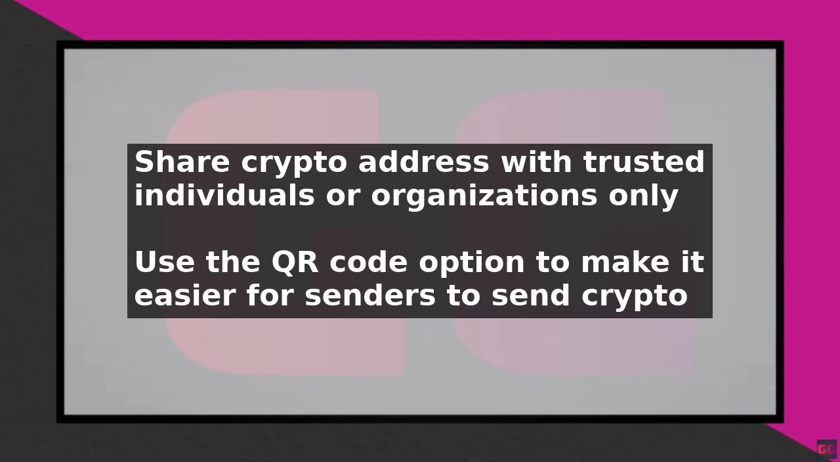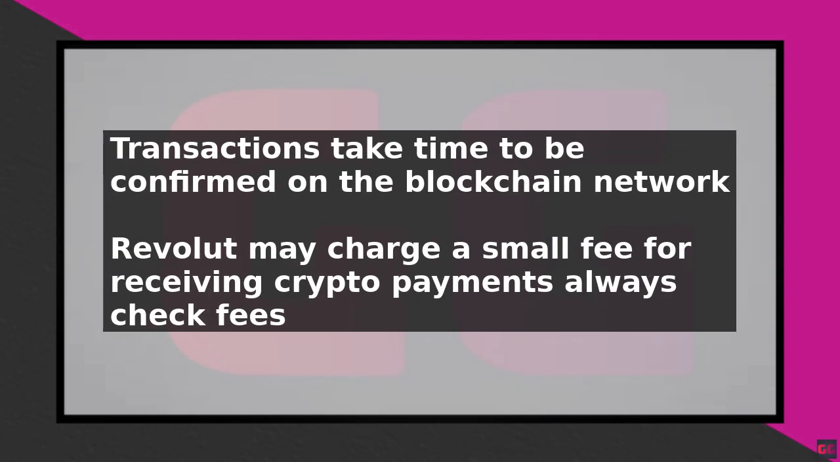In addition to generating a crypto address, you can also use the Revolut app to track your crypto transactions and view your transaction history. This can be helpful in keeping track of your crypto payments and ensuring that your funds are safe and secure. In conclusion, receiving crypto on Revolut is a straightforward process that requires generating a unique cryptocurrency